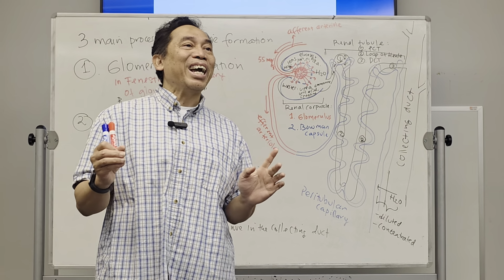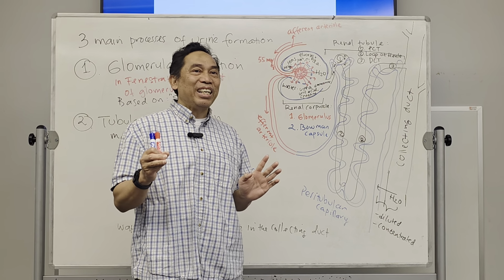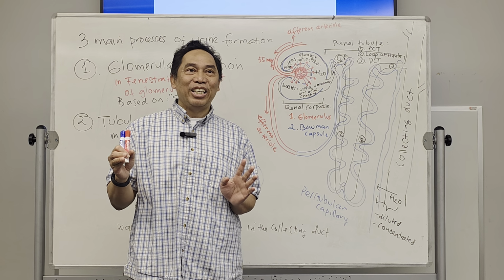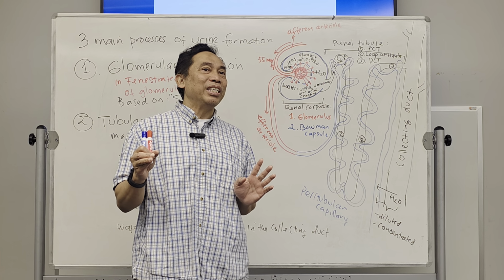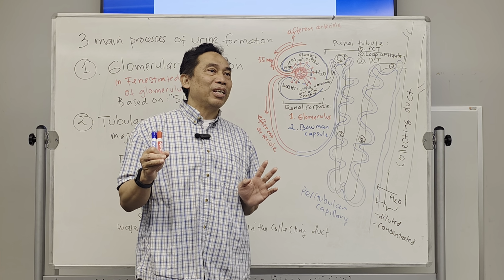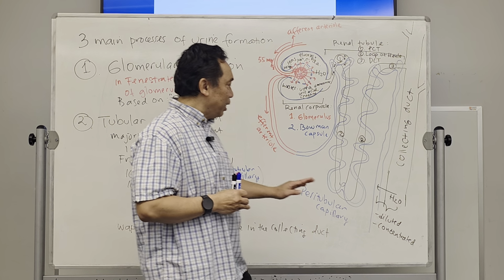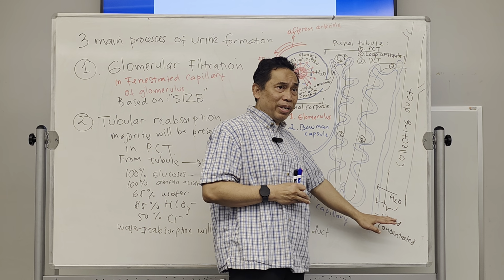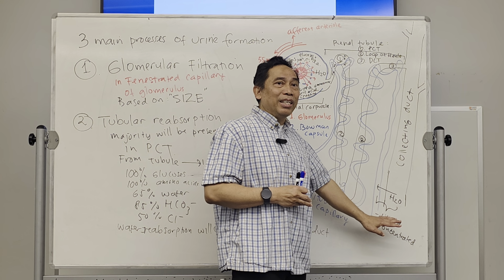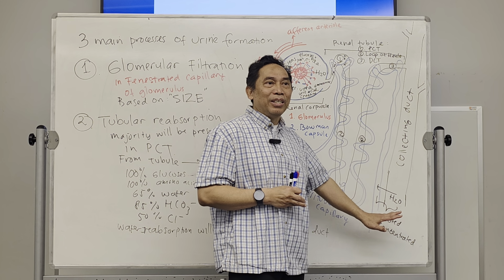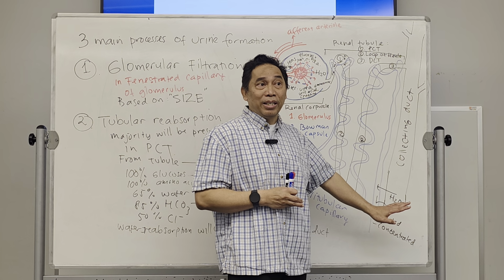You can see from the color. If the color is really dark, it means that our urine is really concentrated. There are so many things, less water in. But if our urine is a little bit bright yellow in color, it means that our urine is diluted. A lot of water in it.